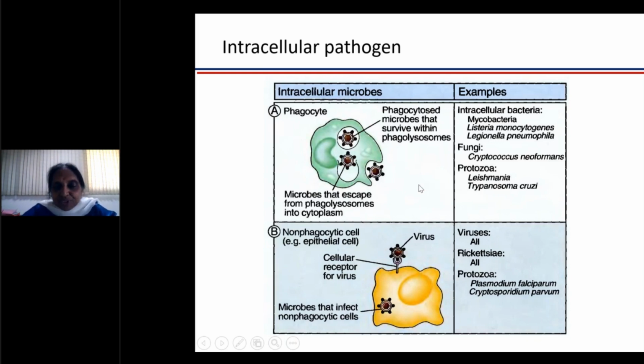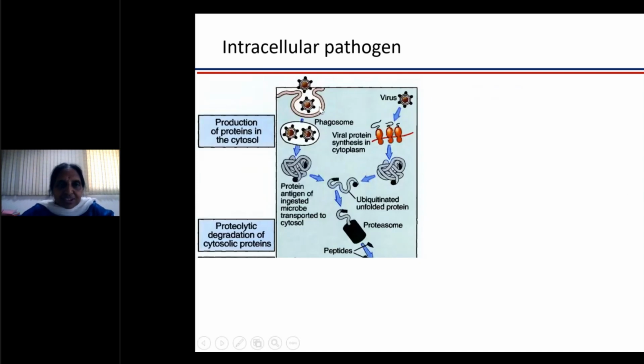So most of the viruses have a certain receptor, like EBV binds to the complement receptor 3. So viruses use our own proteins to get inside. So once the intracellular pathogens enter here, either through the phagosome or the virus has come and uncoated itself and gone to the DNA. If it is a DNA virus, it is in the nucleus, or if it is an RNA virus, the protein synthesis is done inside the host cell.